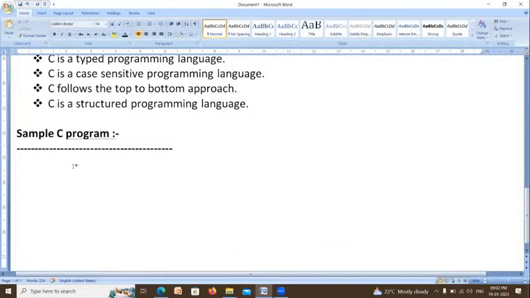Now, how to write a sample C program? See, whenever you are going to write a program, the first line you have to write is hash include stdio.h. After that, we have to write void main, void space main.